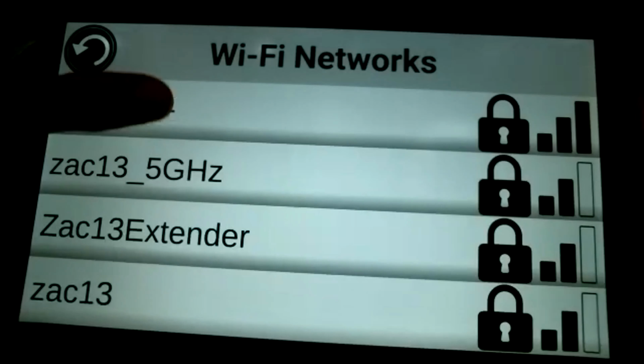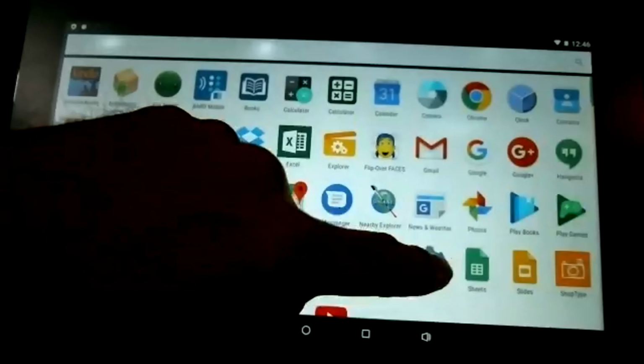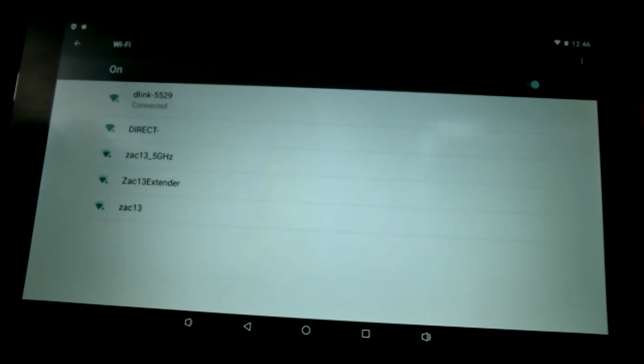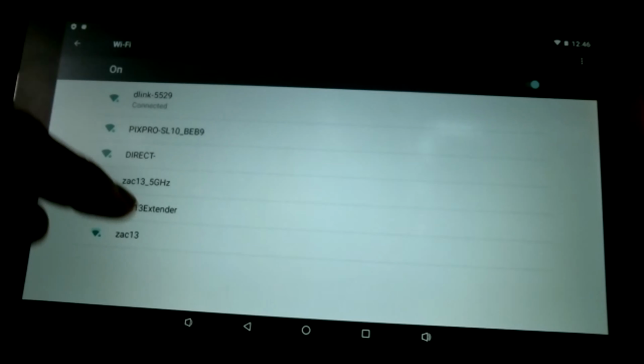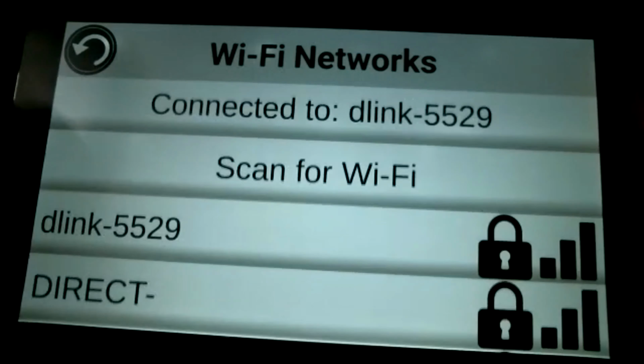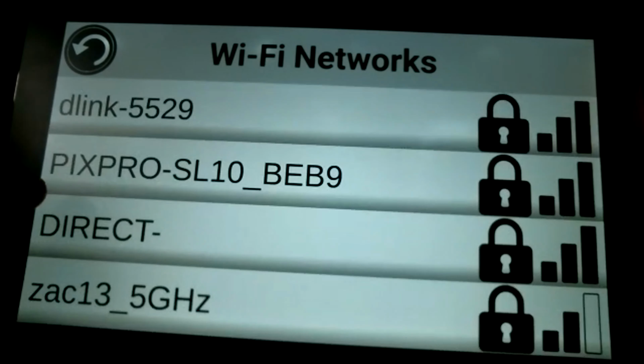If you don't see it in Prodigy, we're going to try it out in Android. Go into Settings, in Wi-Fi. It just showed up. Good. So I'm going to go back to Prodigy because I'd like to show you in Prodigy how to do this. So Wi-Fi networks. And now it just showed up